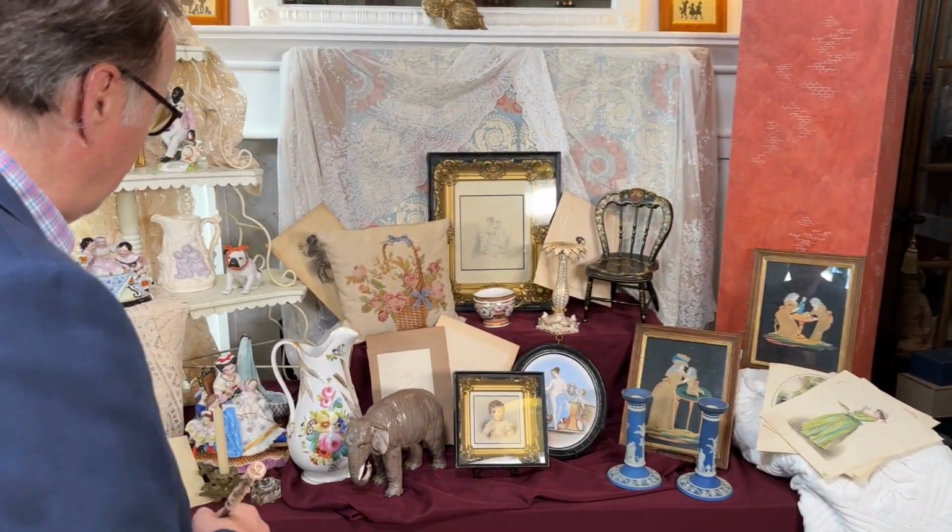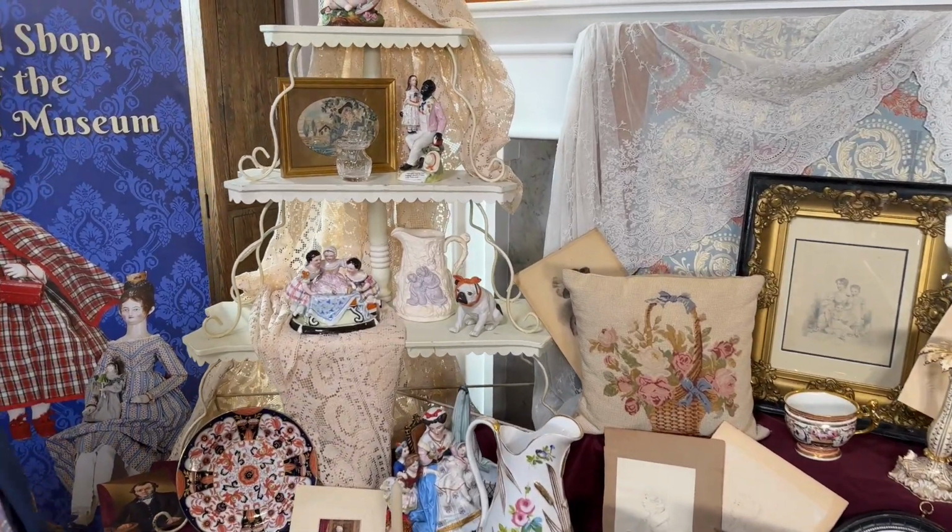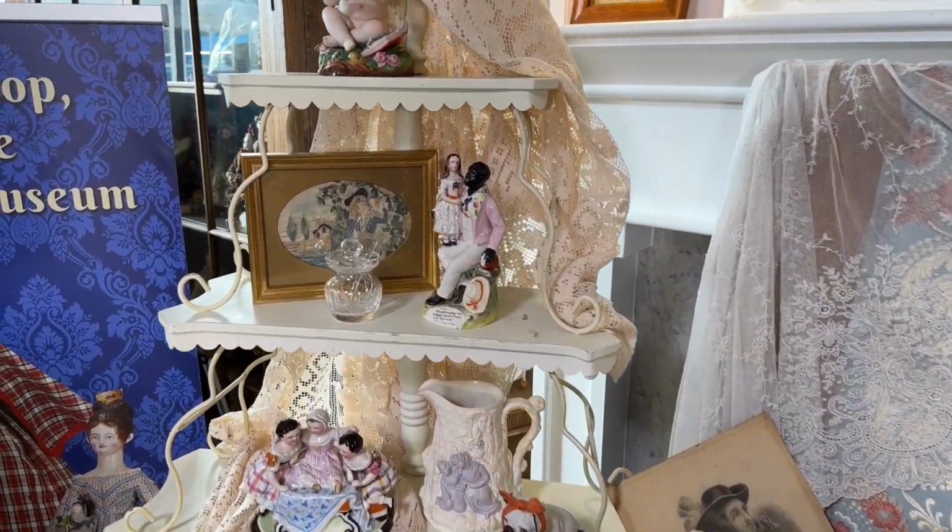So just recently, someone in our doll industry called us that they had an estate sale with some dolls, which of course we went to look at, and we got a few dolls. But what was really nice is there were lots of wonderful antiques. So I broke my streak. I want to show you some of the treasures that we have, and I'm going to step aside and then I will go in deep and share with you